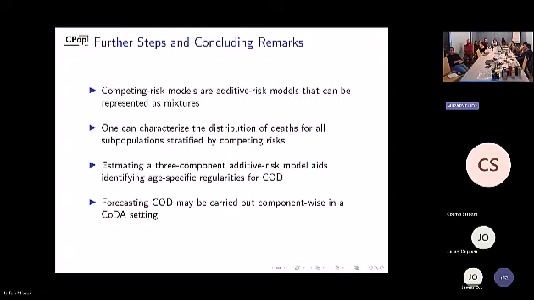Being able to represent these models as mixtures, we can identify the contributions of each component. So we use this property to fit a model consisting of three competing risks: aging-related, behavior-related, and exogenous, external risk, the makeup term. And we try to characterize the distribution of deaths for the subpopulations characterized by these risks. So what we want to do as further steps